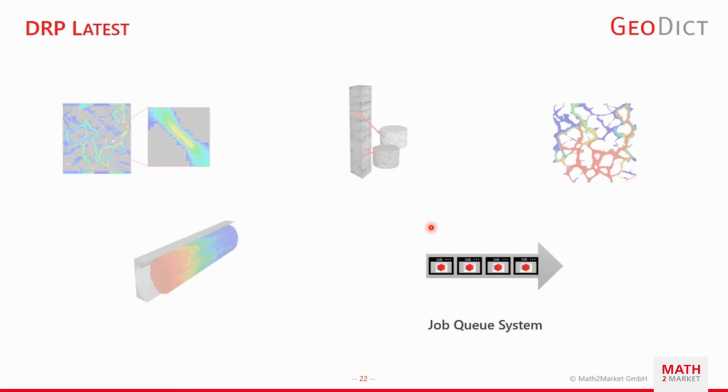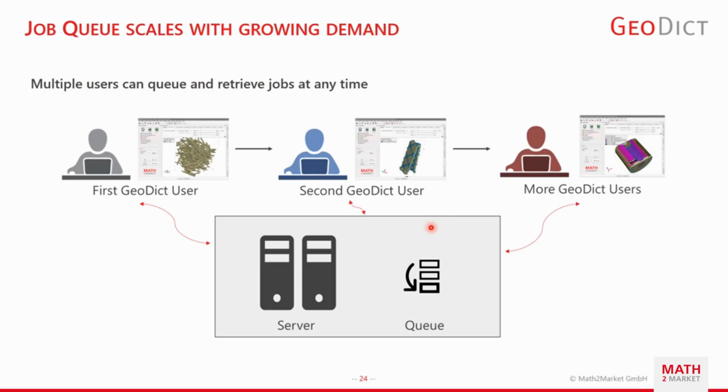I'm going to go further with the job queue system for digital rock physics applications. You may have heard also this morning there have been quite some advancements in GeoDict 2025, so that the job system is now more reliable and gives you better, let's call it, management options for the prioritization of different queues and so on. So I'm going to skip the intro part, you heard about it, and just say that, for